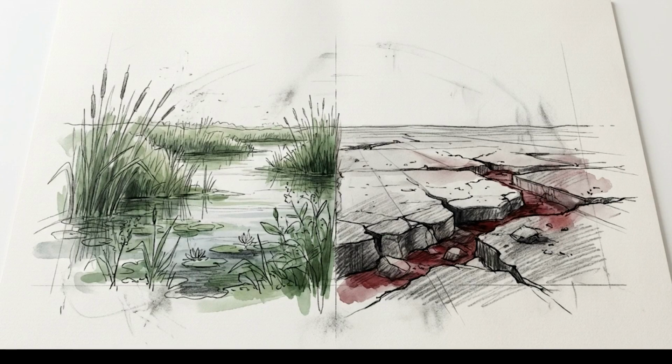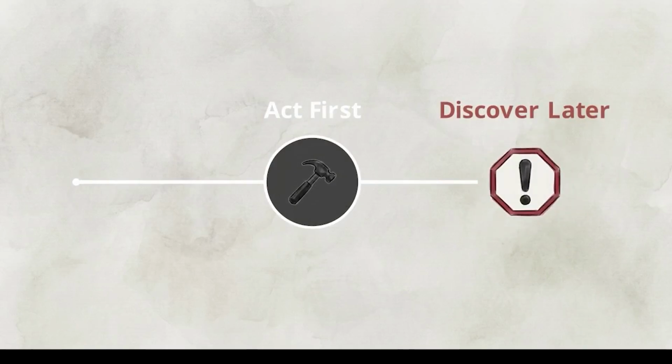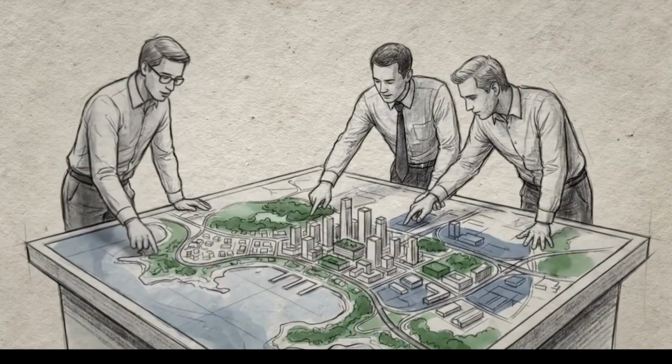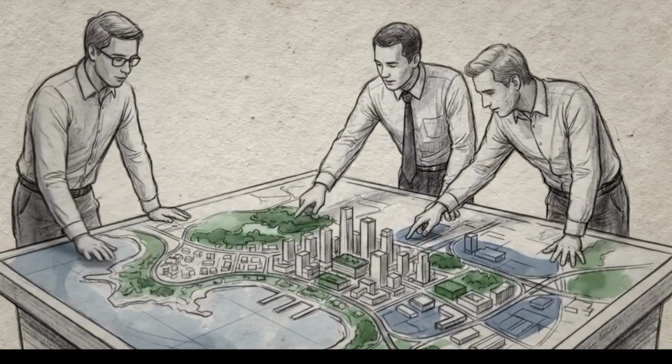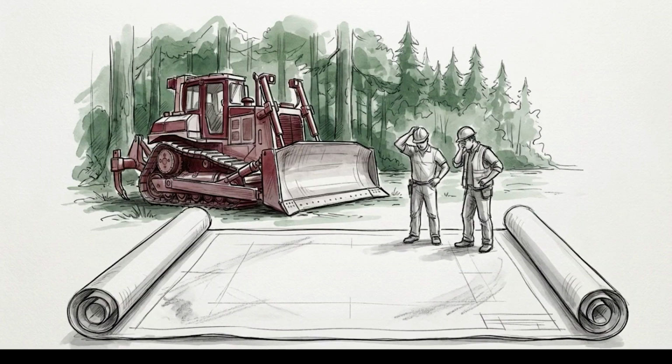Once thousands of tons of concrete are poured into a fragile ecosystem, the damage is permanent. You cannot unpave a wetland. The central problem in large-scale infrastructure is developers frequently act first and discover the consequences later. How exactly do the decision-makers figure out what will happen to an environment before a single brick is laid? Moving forward without knowing the ecological outcome means betting the survival of ecosystems on pure guesswork.